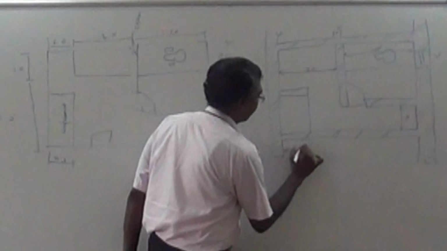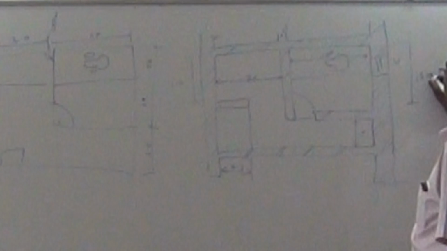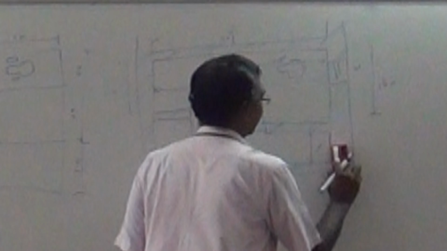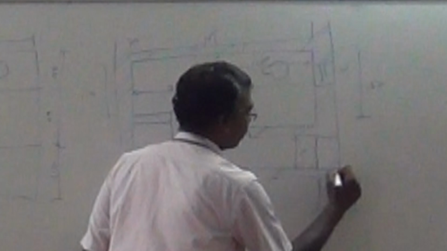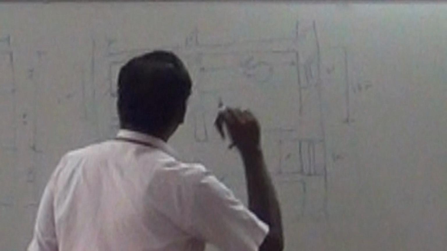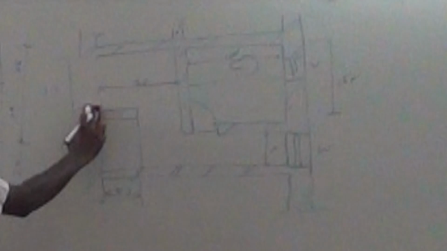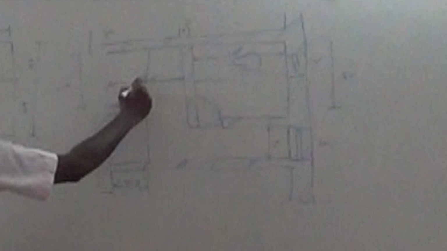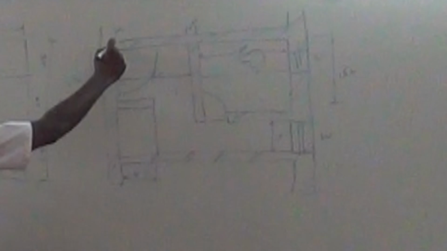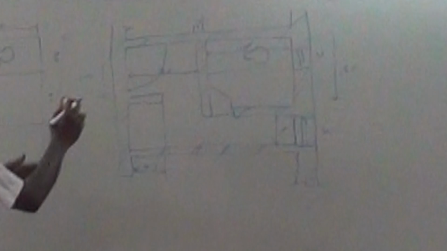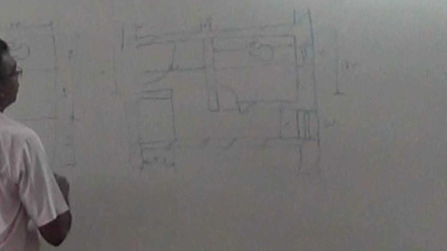Now, is any dimension missed? Yes, this one. Fine. And another dimension which we have to give is this one. Very comfortable room for a single seater. Here we can give a window. I'm sorry if I'm rubbing. And here actually there is an opening for the door.